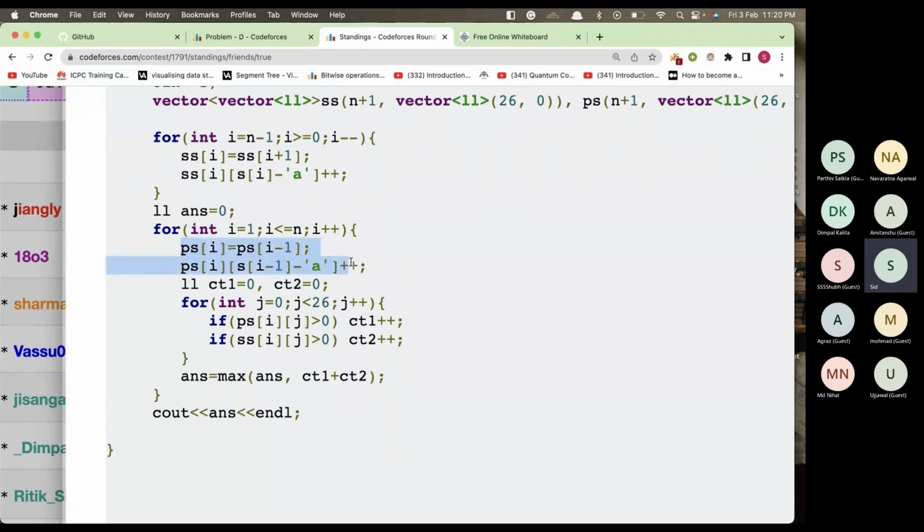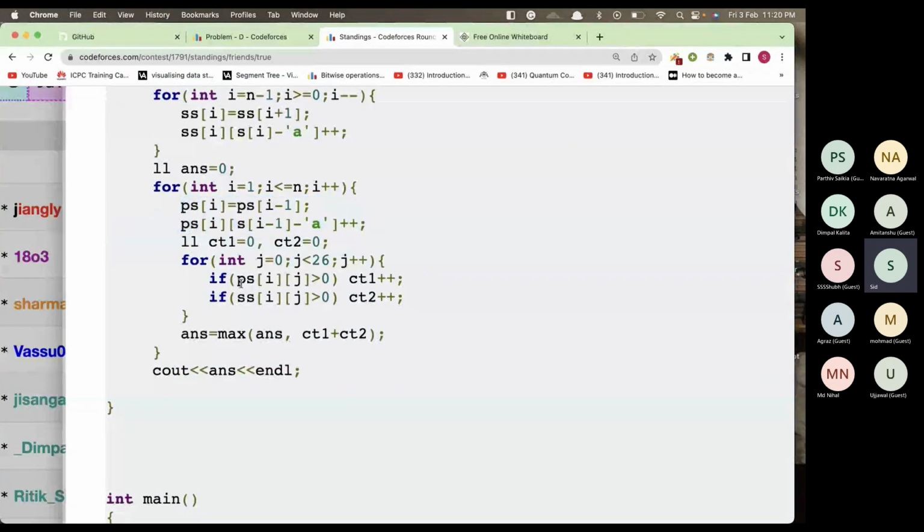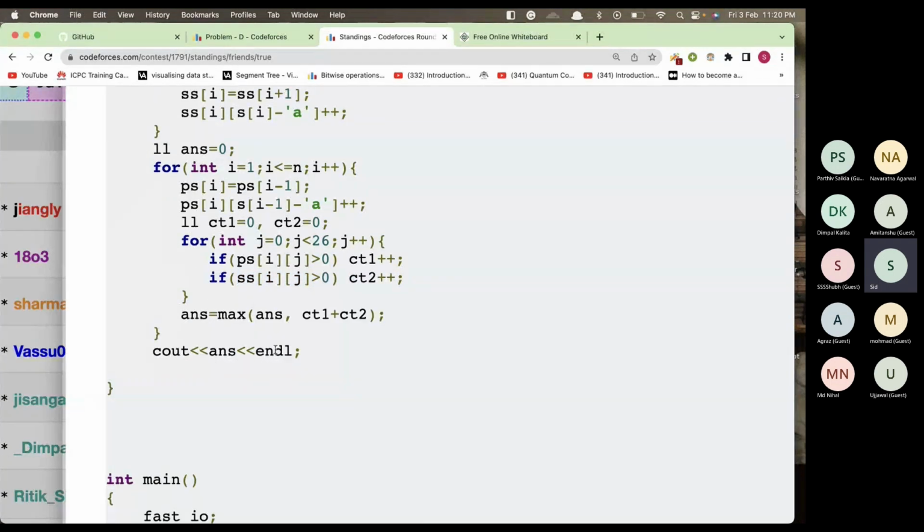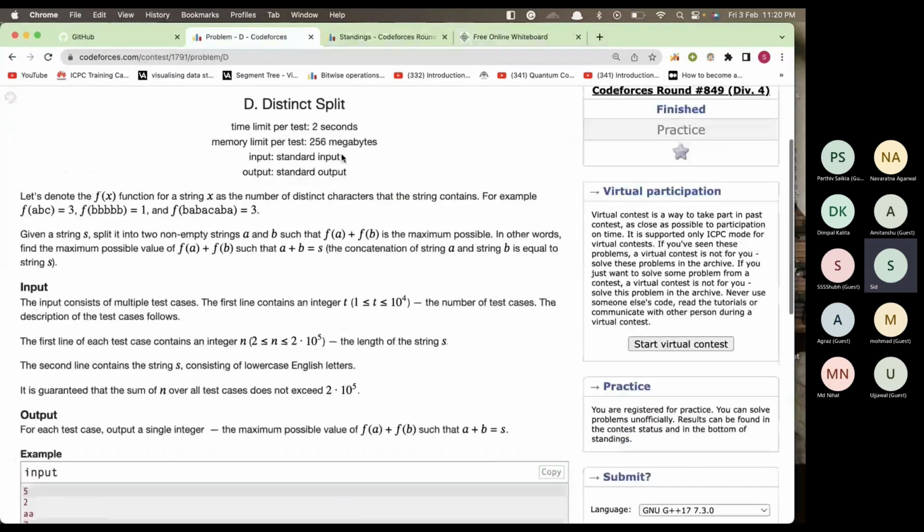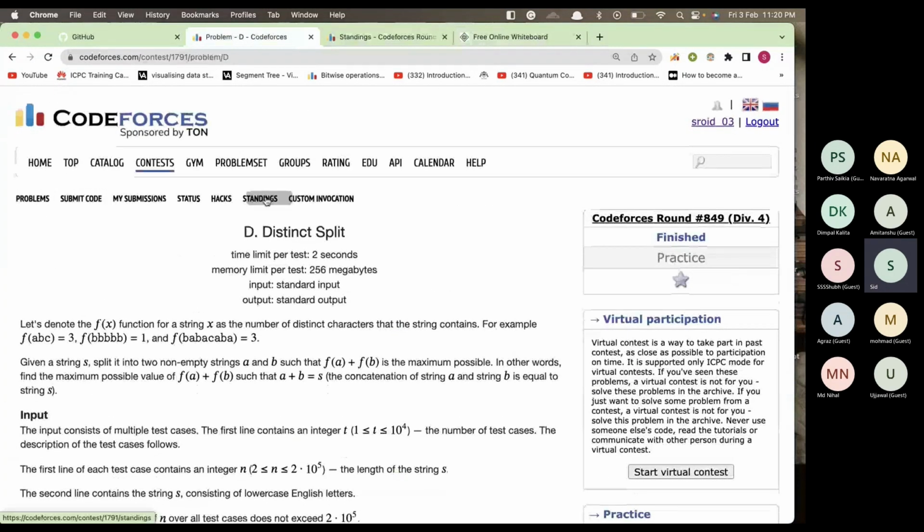तो देन जब इस इंडेक्स का कैलकुलेट कर रहा हूँ तो तब भी मैं प्रेफिक्स को ले रहा हूँ और देख रहा हूँ प्रेफिक्स में कितना कैरेक्टर्स है, मतलब 26 में इटरेट करके कितना कैरेक्टर्स मुझे मिला, लाइक इस काउंट वन प्रेफिक्स में कितना कैरेक्टर्स आया और सफिक्स में कितना कैरेक्टर्स आया दिखा, और दोनों को प्लस करके देख ले और उसका मैक्सिमम आंसर, मैक्सिमम काउंटिंग उसका आंसर हो गया। तो इतना ही था डी, ब्रूट फोर्स की तरह ही था।